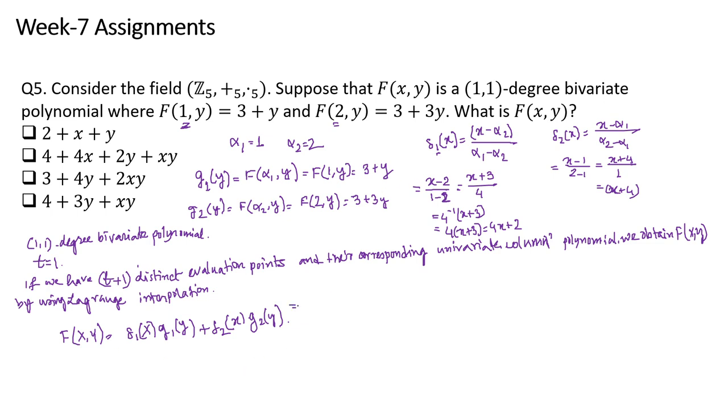Now if we put the values here, delta 1x is 4x plus 2, and g1y is given as 3 plus y, delta 2x is x plus 4, g2y is given as 3 plus 3y. Together we write, so this is 12x plus 6 plus 4xy plus 2y plus 3x plus 12